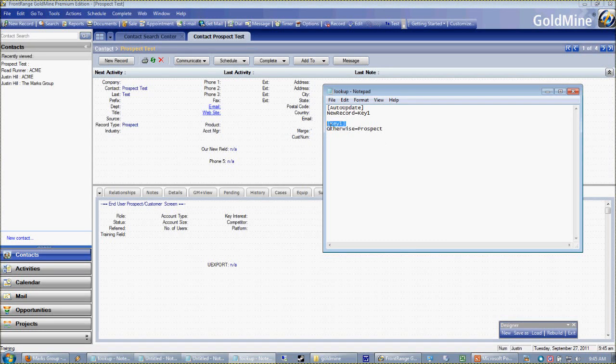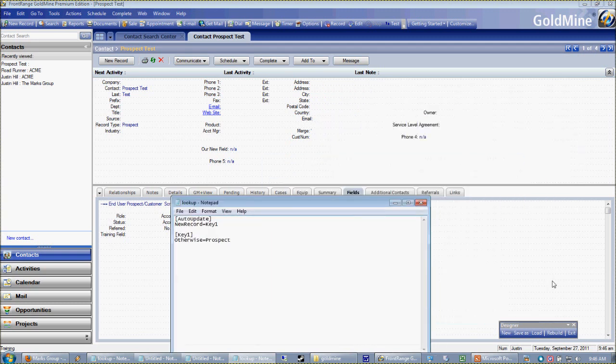And then we skip down to the key 1 instructions, is what they are. So for every key 1, make it a prospect that otherwise works like a catch-all. So no matter what, make that record a prospect. Okay, so now what I want to show you is that not only can I default,